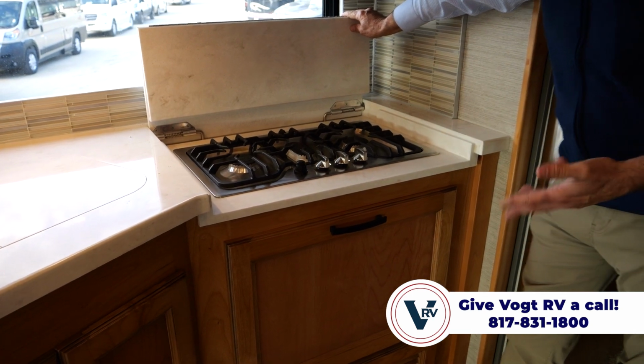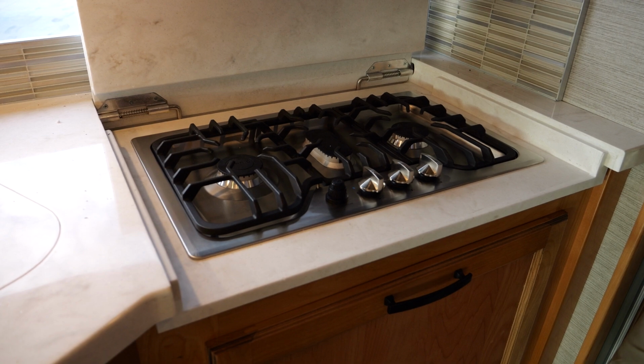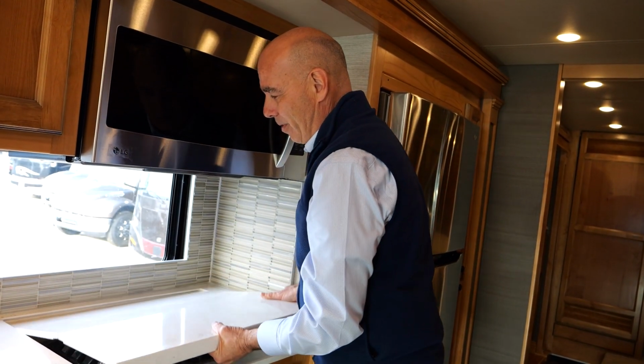Now, a lot of units are going to all electric, and it is an option moving into all electric coaches. You'll see more and more of that. True induction cooktops, and there's not an ounce of propane on board, but we do have propane on board here with your three burner